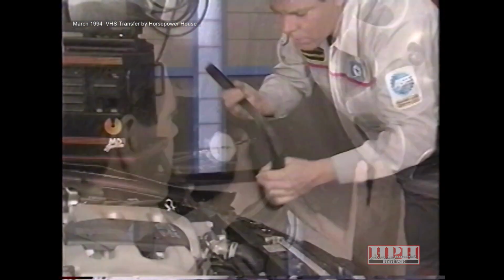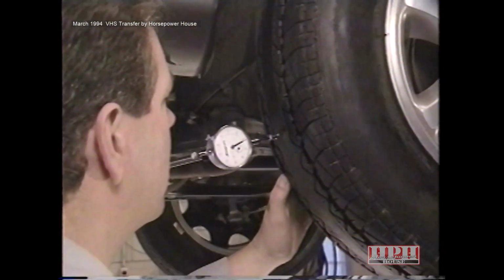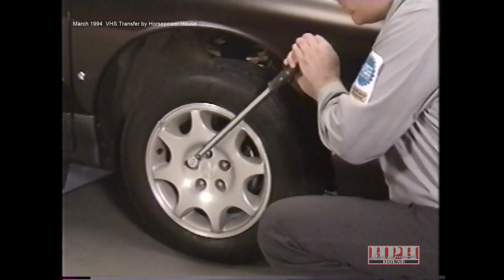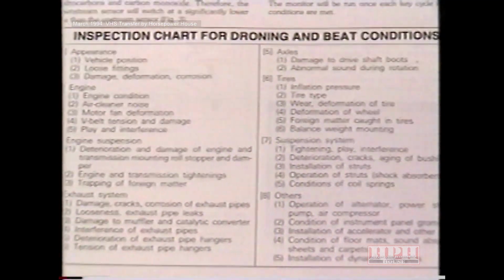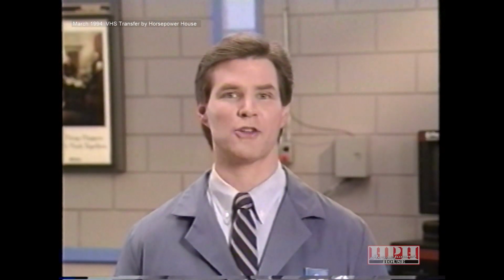Therefore, it's best to make a complete overall inspection of the vehicle, checking to compare current conditions with what they should be. Use this inspection chart as a guide when performing the overall inspection. You will often find simple causes that would otherwise escape detection. The inspection chart can be found in your reference book. Because there are so many possible causes for both droning and beat, a little patience will go a long way when troubleshooting. Refer to your reference book for additional information regarding probable causes of droning and beat.